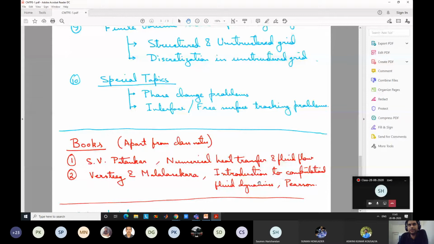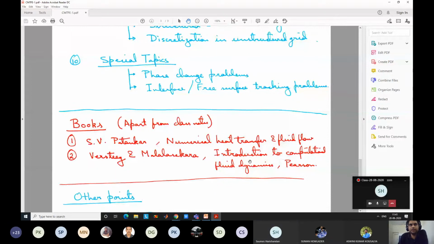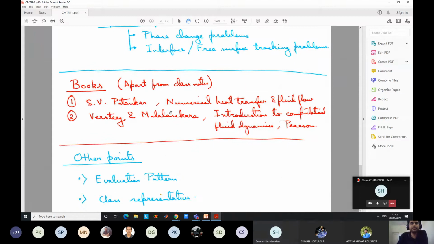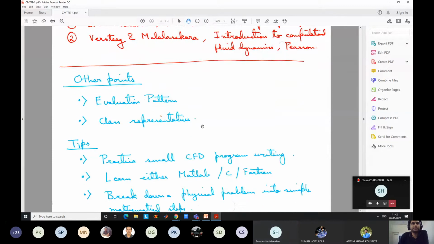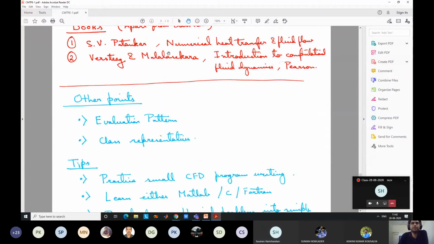The second book was written much later, so it has more material. But we will follow the first book because it is more fundamental and shows you how to approach CFD in a basic way. Try to get soft copies of these books if you can manage, at least the first one. Or you can purchase the first book, though it may be somewhat costly. The second one is easily available.